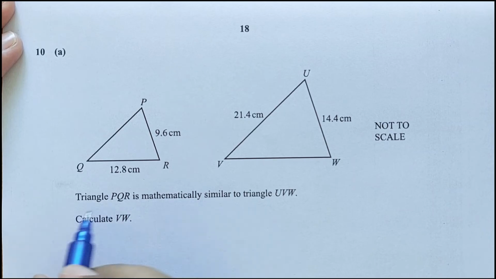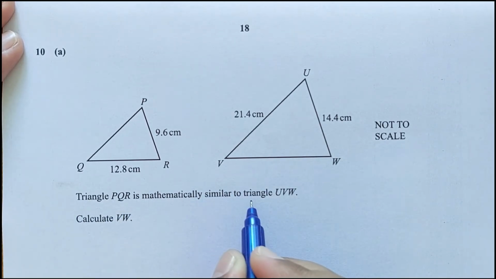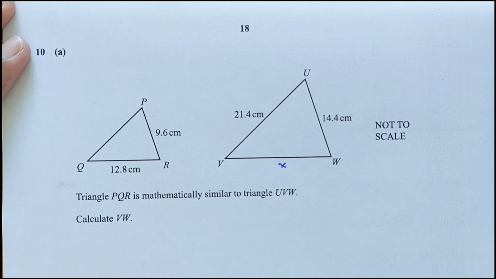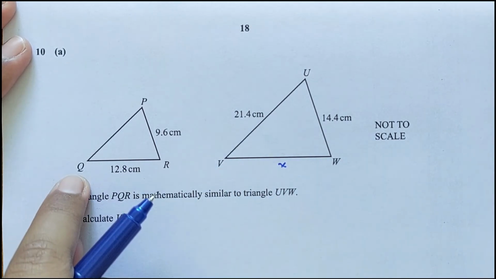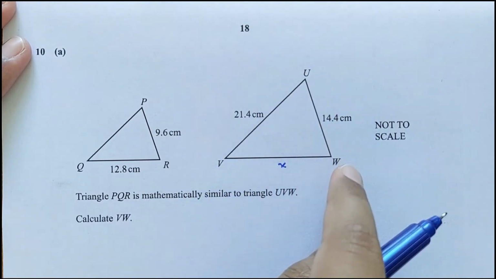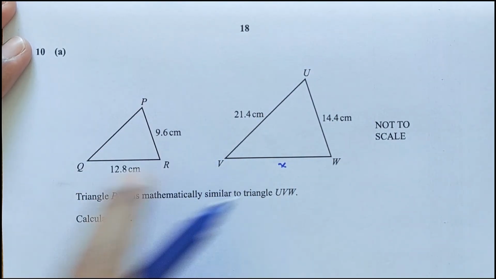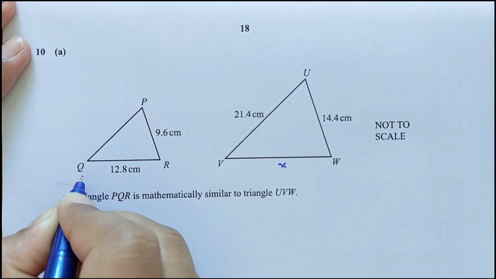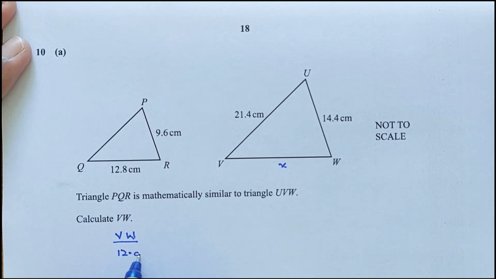Question number 10, part A. Triangle PQR is mathematically similar to triangle UVW. Calculate VW. These two triangles are mathematically similar. We have to calculate this VW. Let's say this is X. So when two triangles are mathematically similar, the ratios of their corresponding sides are equal. So VW over QR is equal to UW over PR. So we can say VW over QR, which is 12.8 centimeters,